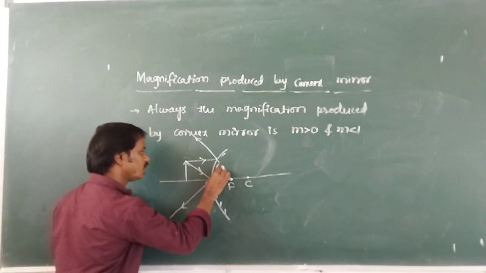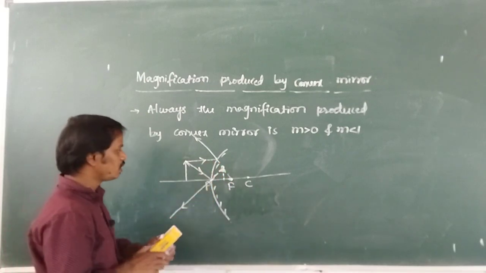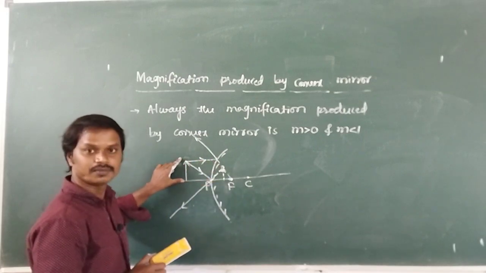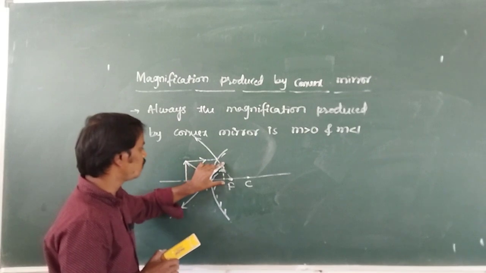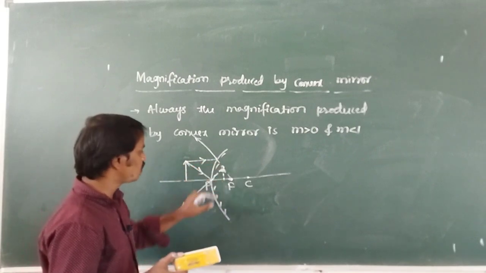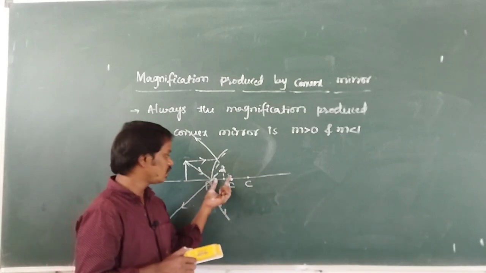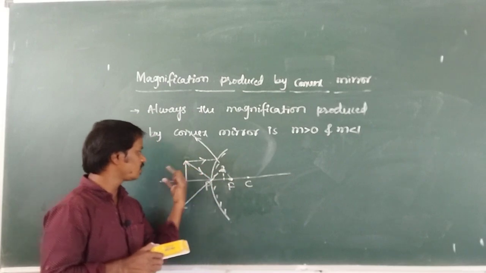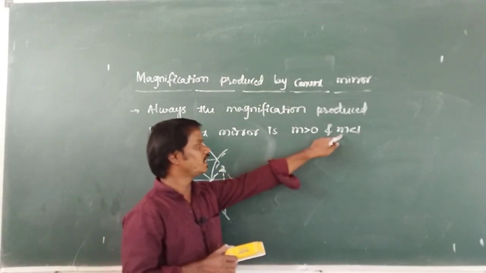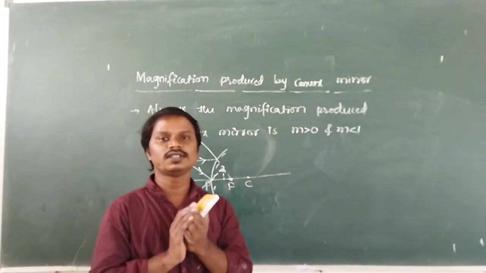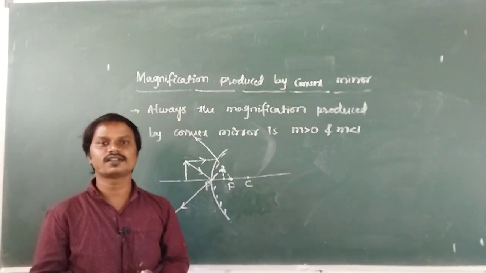These two reflected rays meet at this position. Hence here we got the image of the object. See here, the size of the image is less than the size of the object. And both are upside, which means the image is erect. This image cannot be obtained on the screen, hence it is virtual. And the height of the image is less than the height of the object, hence the magnification is less than 1. So this is all about the reflection of light by spherical mirrors.